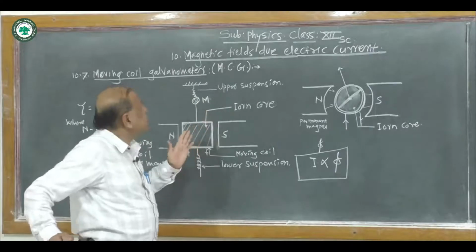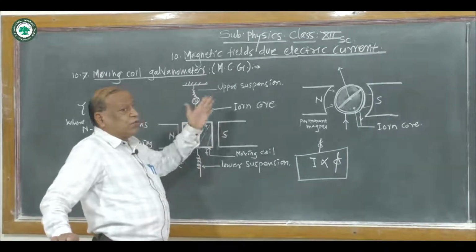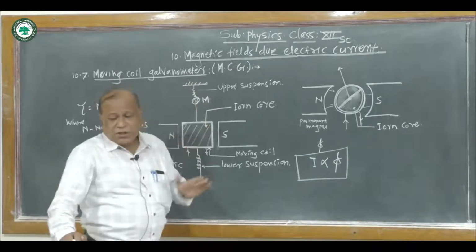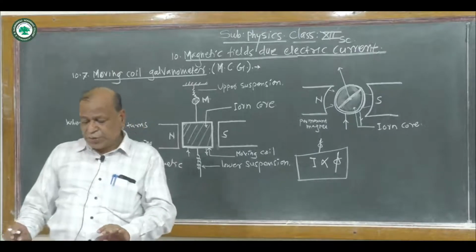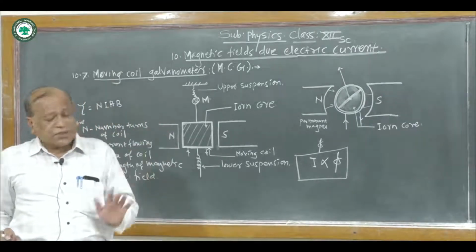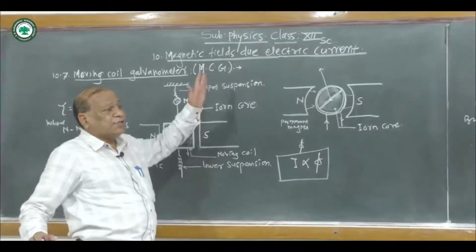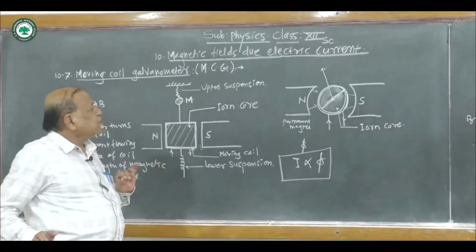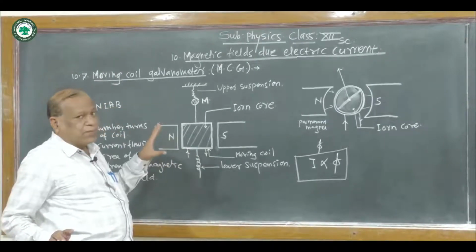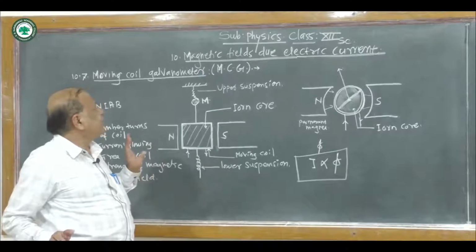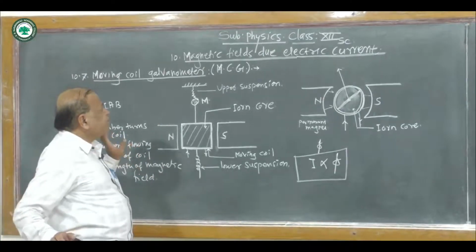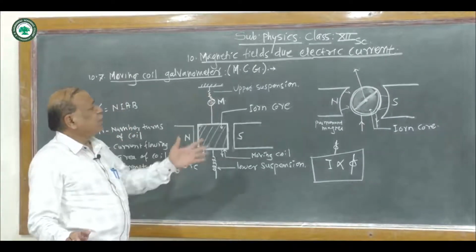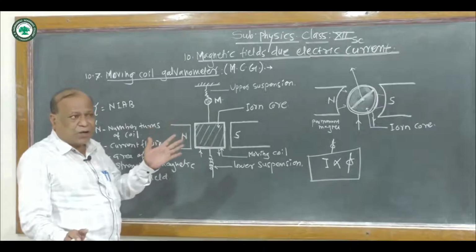That are analogous voltmeter and analogous ammeter. Already we studied in a previous topic, but in modern instruments we use digital ammeters and digital voltmeters. They are generally used in practice in today's life, and so in this way, in short, we explained the construction and working of the moving coil galvanometer.